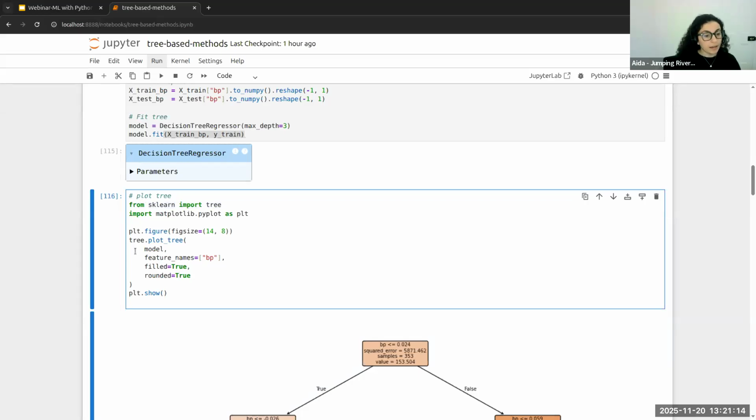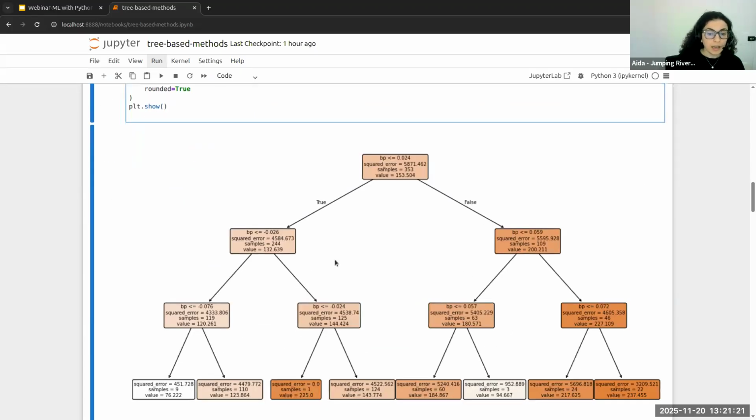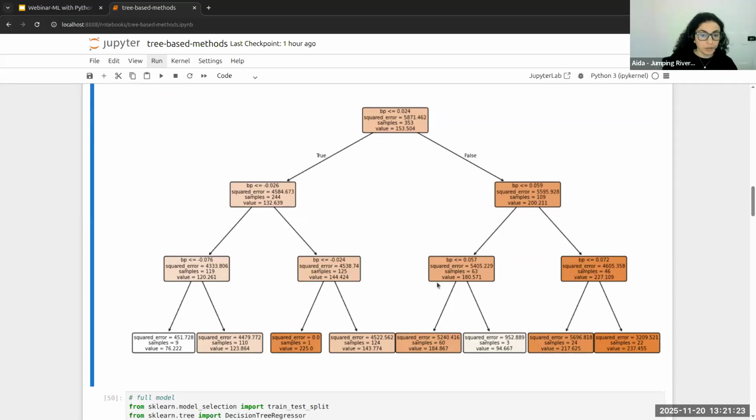I make a plot of the tree by just using plot_tree, and then I obtain this output here, right? So I'm dividing my predictor space, which is blood pressure, against the disease progression, which is the continuous outcome variable that I have got.